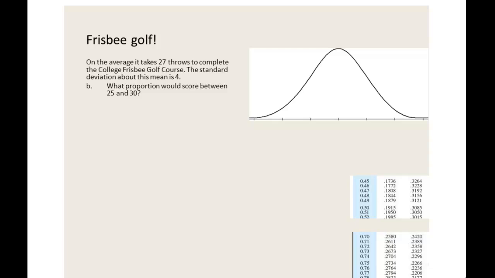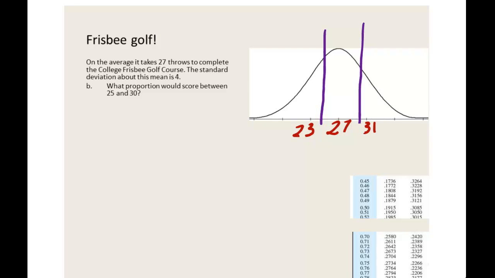All right, part B, same background. Now I want to do another kind of review problem and look at the proportion between two scores. And the two scores I'm interested in are fairly close by, so I'm not even going to bother setting up the whole curve. I'm just going to set up the part that really matters for this part of the problem. So 25 would be to the right of 23, and 30 would be a little bit to the left